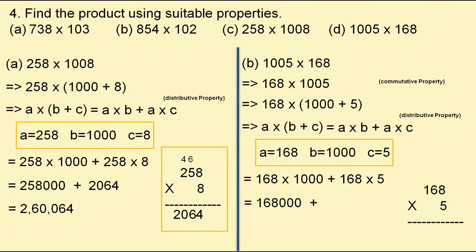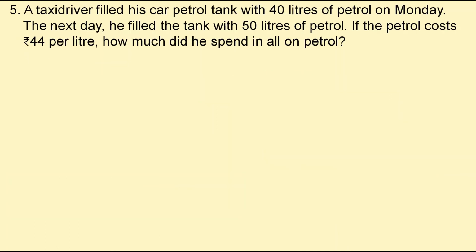5 8s are 40, 4 is on carry. 5 6s are 30 plus 4 is 34, so 3 is on carry. 5 1s are 5 plus 3 is 8. So the product of 168 into 5 is 840. Now let's add. We got the answer as 1,68,840. Now let's move to the fifth question, that is a taxi driver filled his car petrol tank with 40